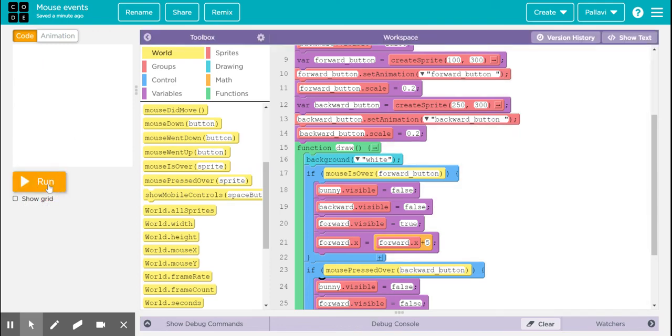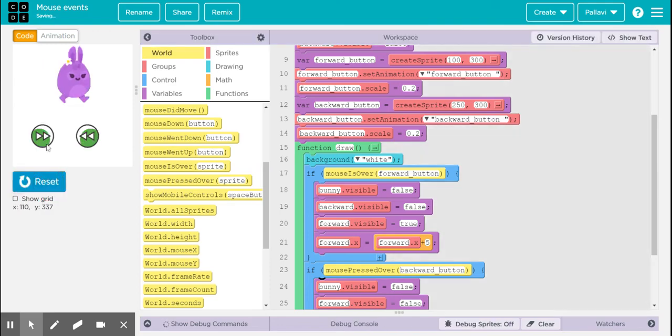Let me reset. If I simply keep the mouse pointer over the forward button, it moves the bunny forward. But to move it backward, where I have used mouse pressed over, it will check whether the mouse has been pressed or not, and only then it will execute the next command. And if I continuously press, then it will continue to move backward.